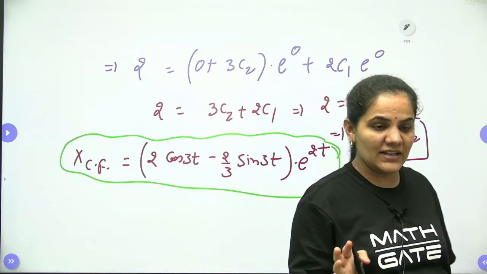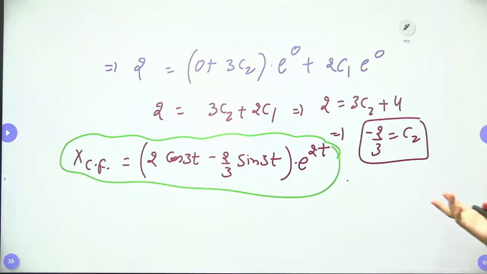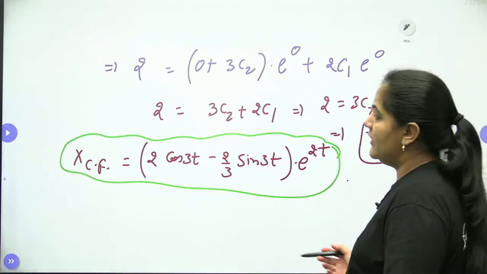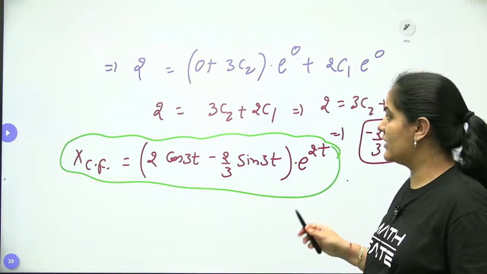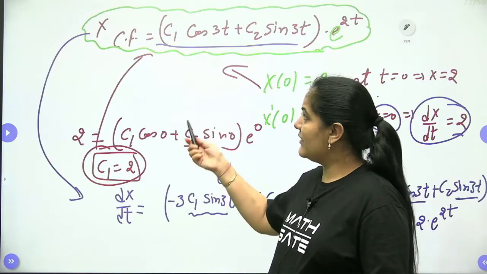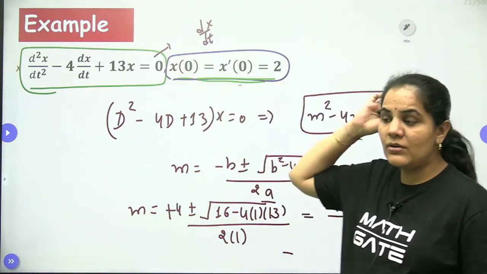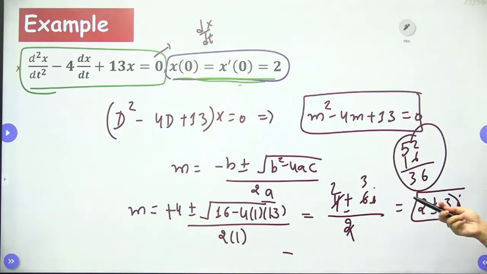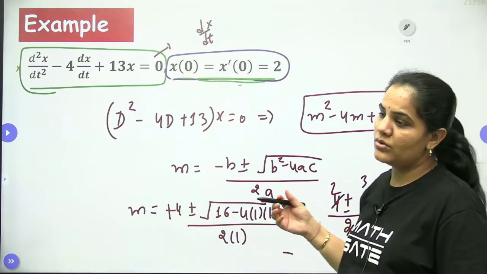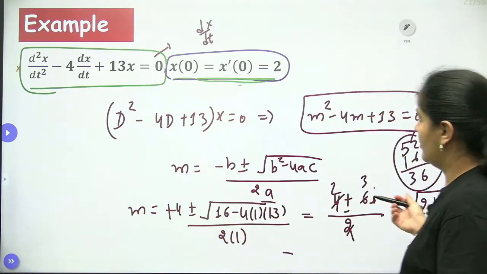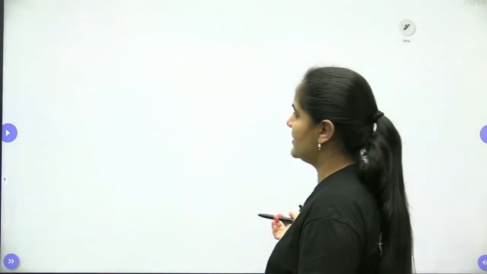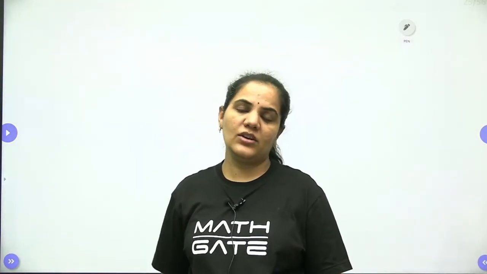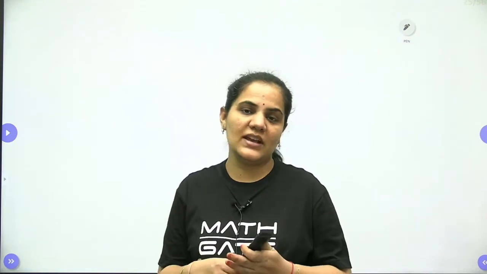So this is the pattern which the GATE examination can ask, because this is a very simple pattern to approach these types of questions. Exactly these types of questions you can see many times in the GATE examination, where we have initial conditions to find, right? So x(0) is 2 and x'(0) is equal to 2 only, right? Okay guys, I think it's clear to everyone. It's a very good question to approach. Now it's done, all the 4 cases are done for CF. Now let's have discussion on more and more questions, because as you practice, it will definitely increase your confidence level.